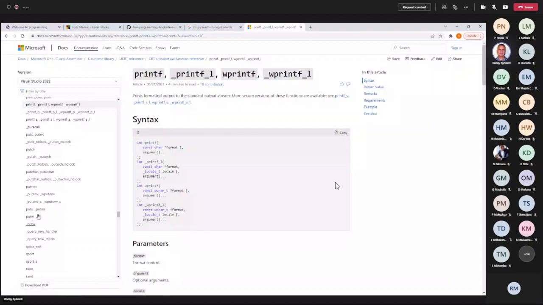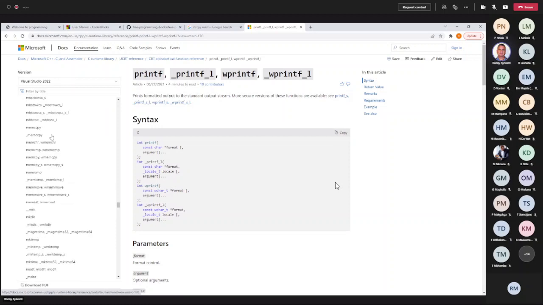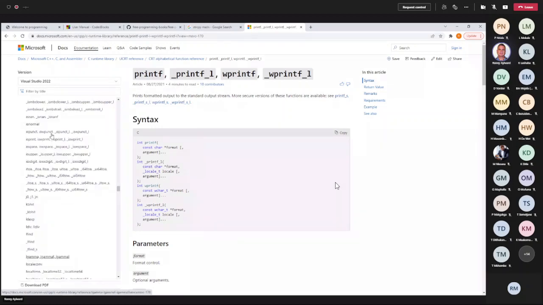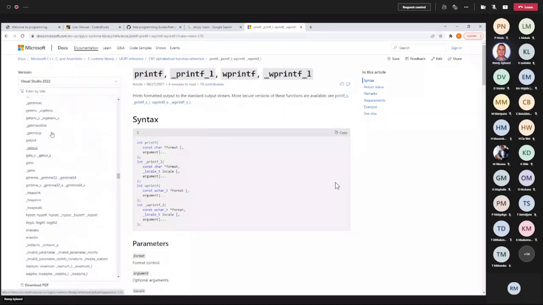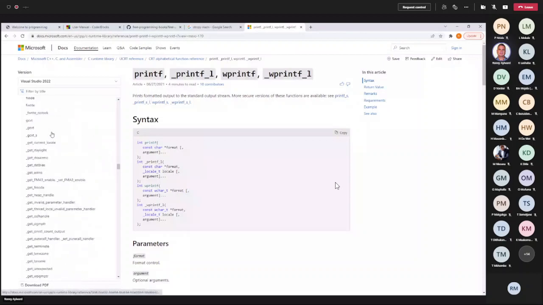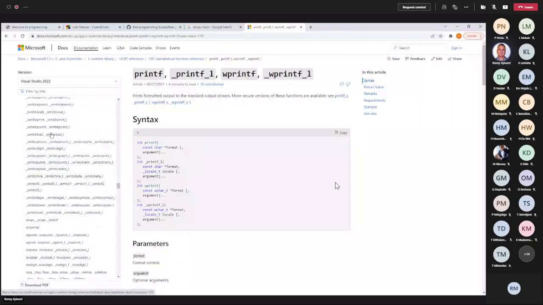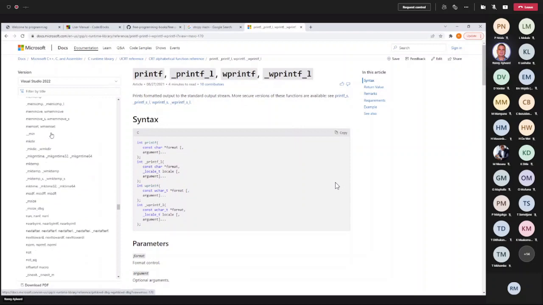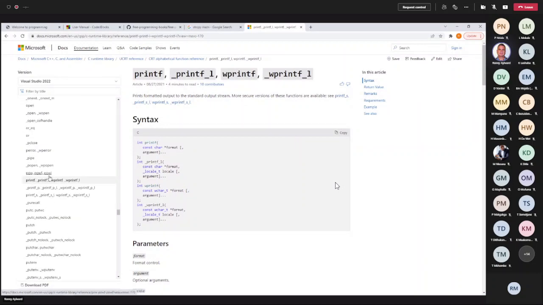So here on the left, you can see all kinds of other functions, putc and all of that. But you can find more functions here. There's lots and lots of functions. You don't need to know all of them. We are just going to use a couple, but one of the important ones is printf.